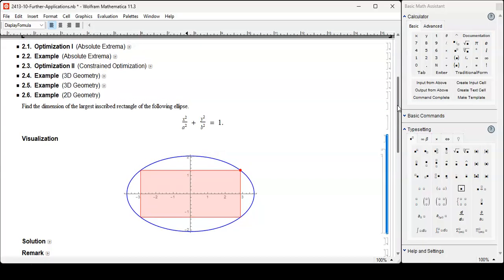Kind of like this. We want to maximize this area, and you have to follow this curve, and there's the equation. That's the constraint condition. As for the objective function, let's see. X is the horizontal distance from the origin. So in order to get the entire width, I have to double it. 2x. Same for y. I have to double it in order to get here negative y to positive y. So the objective function is